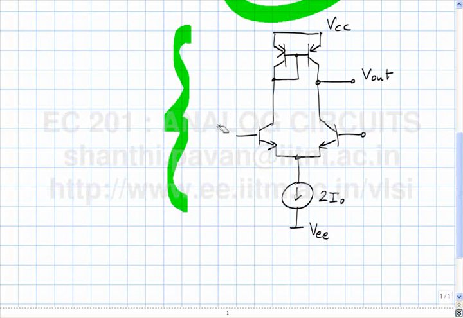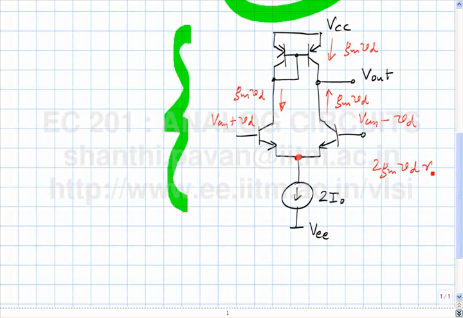What did we do last time? If this was VCM plus VD and this was VCM minus VD, incrementally this potential is ground. So this current, incremental current is GM times VD. The same incremental current comes here. This current is GM times VD. Alright. And this current in this direction is GM times VT. So, the incremental output is 2GM VT times